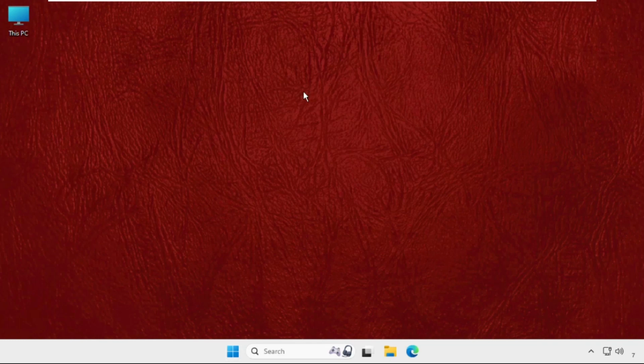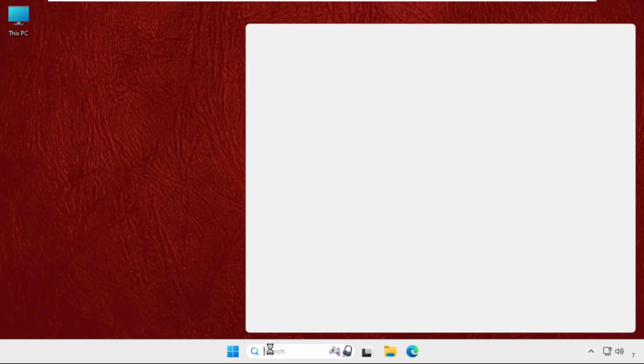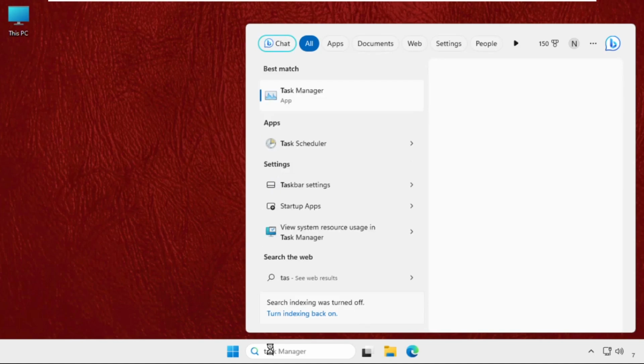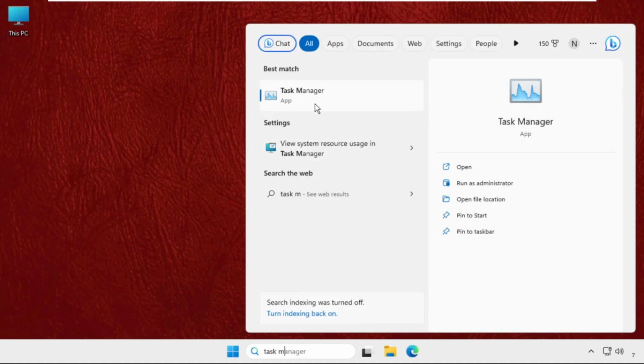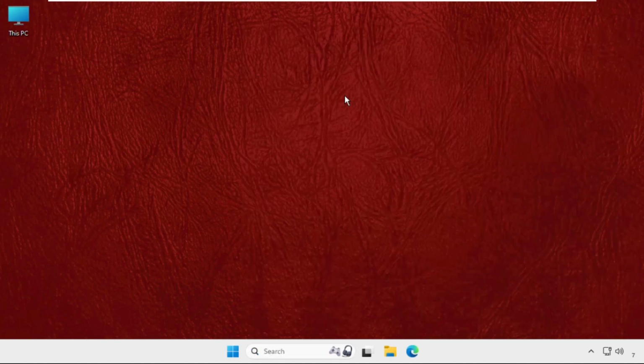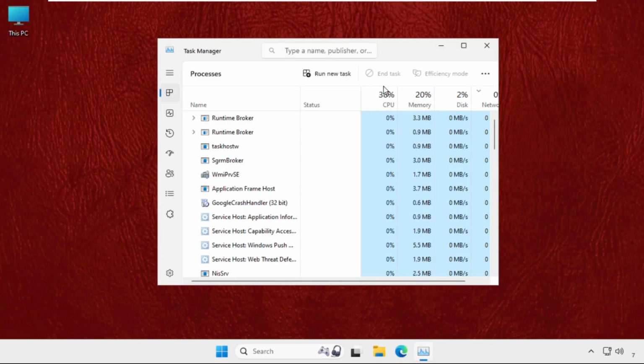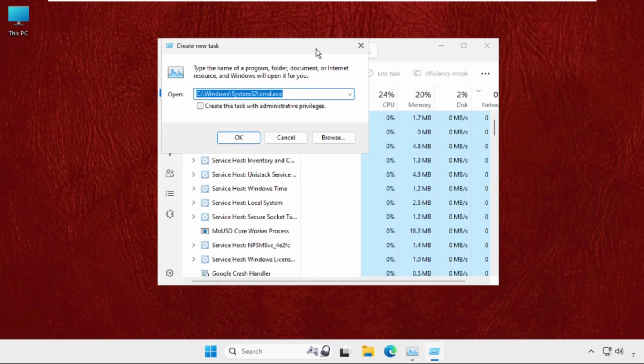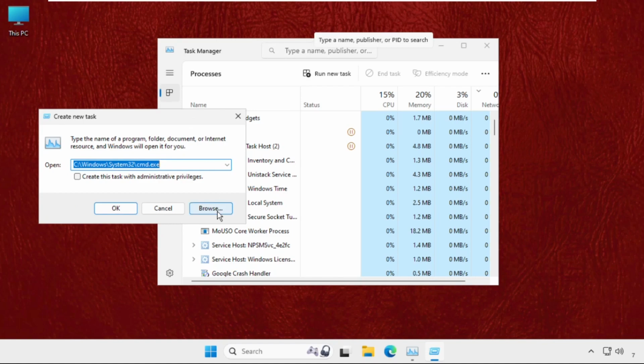First of all, you have to go to the search bar and type Task Manager, and from the search results click here to open it. Once we are here, we need to click on Run new task, then select the Browse button,